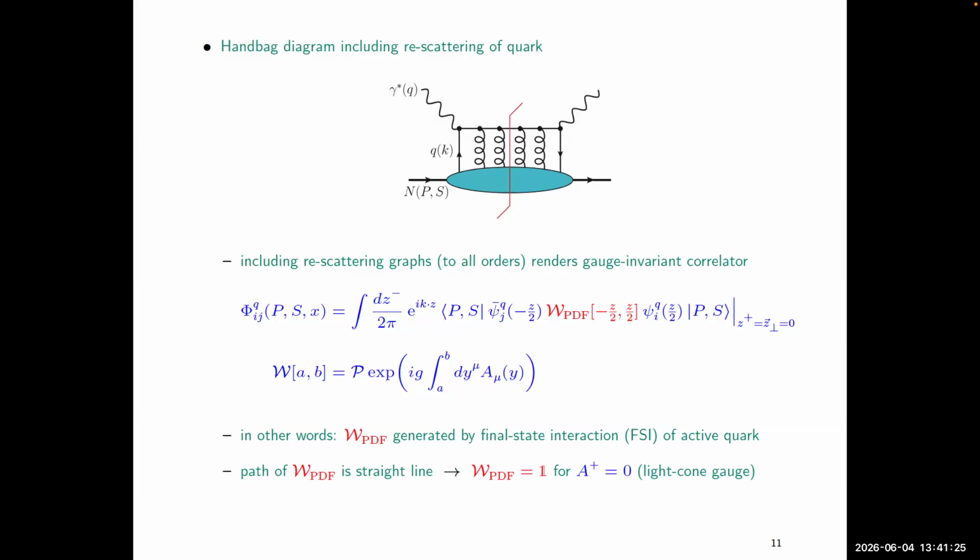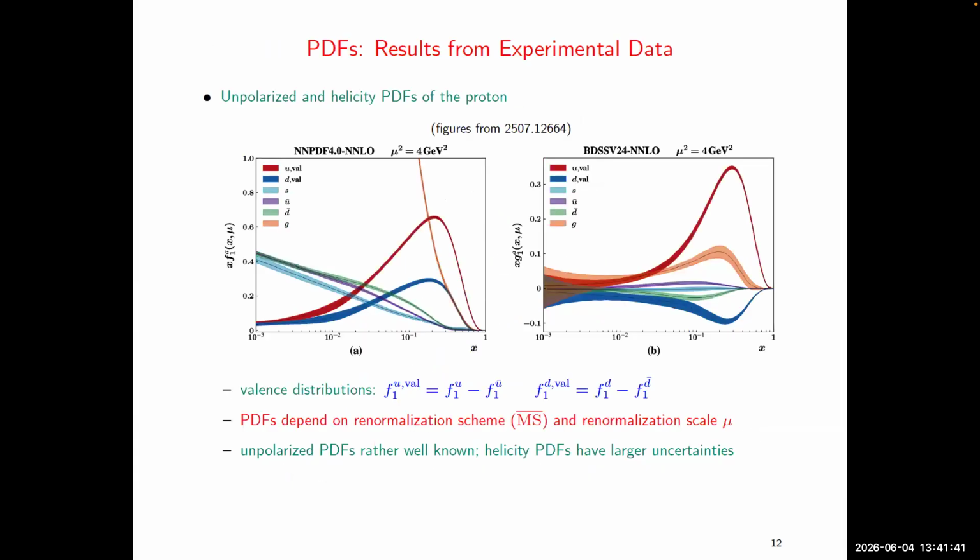So in physics terms, again, the Wilson line is generated by the final state interaction of the struck quark. And these effects play, some of you may know that, an extremely important role in the context of TMD physics. All right, so last two slides, and before I move on to the TMDs,